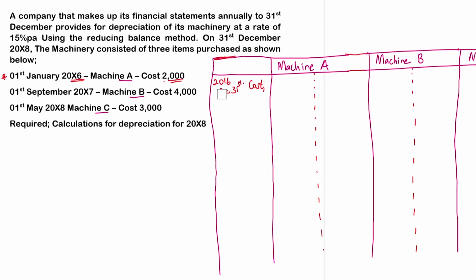Or let me do it this way. So this is a calculation for depreciation for 2016. Okay, so for 2016 we have the costs. The cost of the machine here is 2,000, so I'll put here 2,000. And then now the depreciation. Now remember the depreciation rate here is at